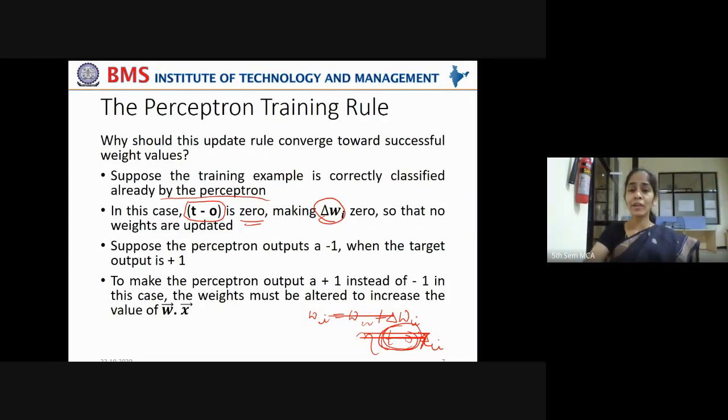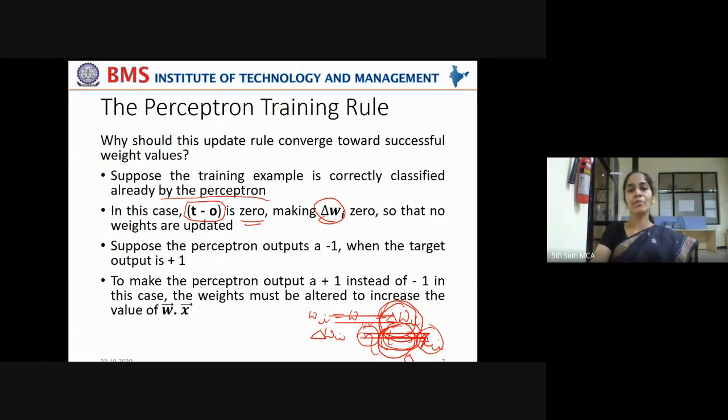There is no difference between the training example outcome and the predicted outcome. Then this term will become 0. 0 multiplied with the learning rate and xi will become 0. Means delta Wi will become 0. When delta Wi becomes 0, it indicates that your new weight should be the same as your old weight. No more adjustments need to be done.